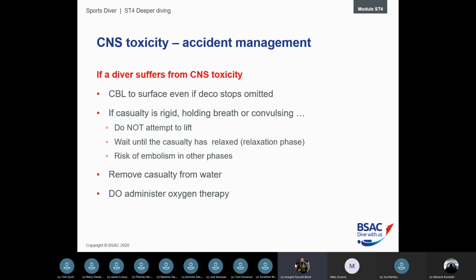You should be administering oxygen for CNS toxicity. There are certain conditions and what medication they need, but in CNS toxicity you do administer oxygen. Okay,